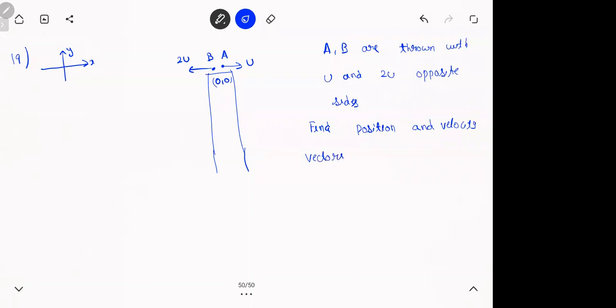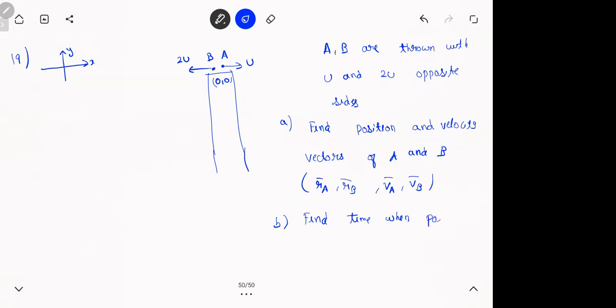If you see, we're extensively using vectors. That was one reason why Lecture started vectors before and finished it off. Without that, I can't do this. Similarly, I have to do a chapter called work power energy. Then Lecture will start another chapter called electrostatics. So it is all connected. Find position and velocity vectors of A and B. Means I'm asking rA bar, rB bar, which is x i cap plus y j cap, vA bar, vB bar, which is Vx i cap plus Vy j cap. Second thing, find time